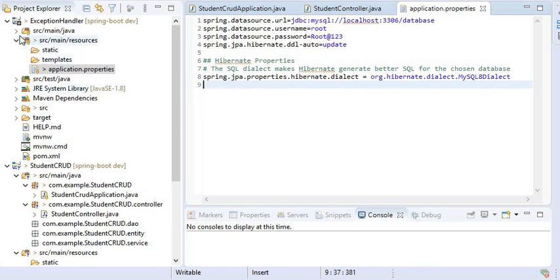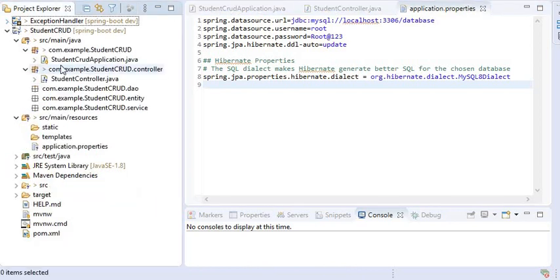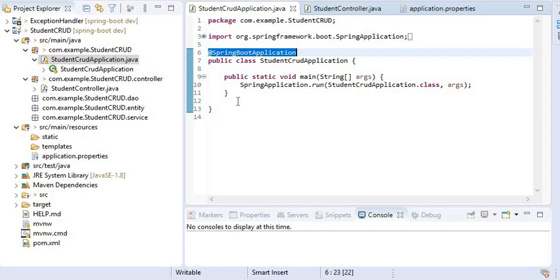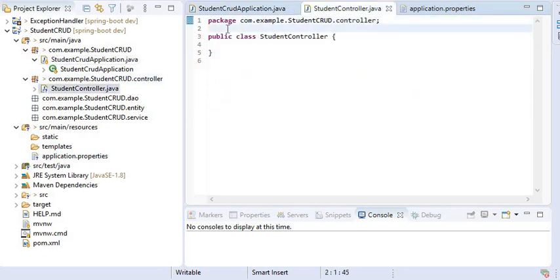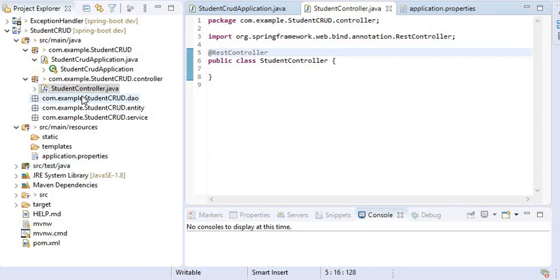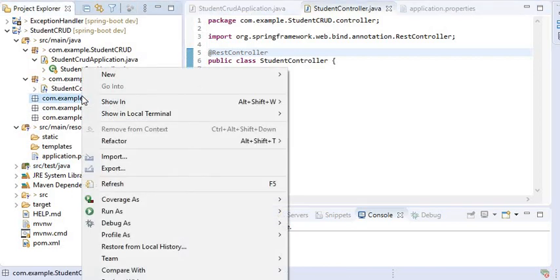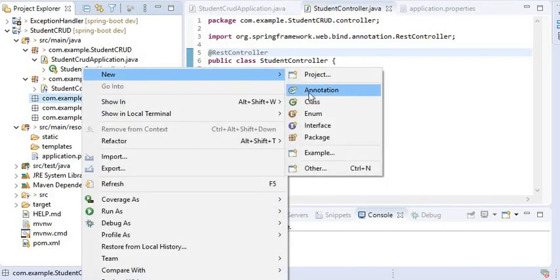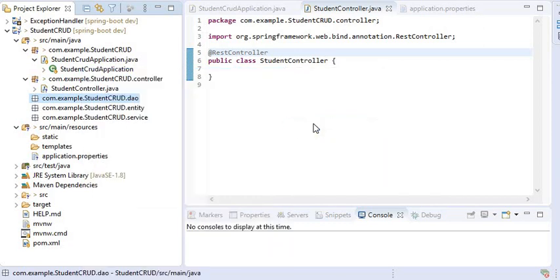Now I will go to my controller, and here I will use the annotation @RestController at class level. Like this I will create one class in my CRUD, new interface.